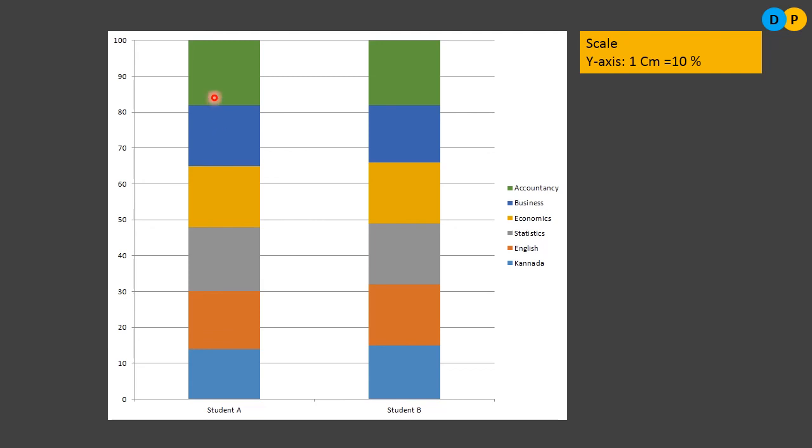Followed by 82%. Next is 100, no need to divide. So the entire length of the rectangular bar is 100%, but each component will have a different percentage. The same thing we have done with student B as well. Here you need to go with an index, where each shading, each pattern will indicate a specific segment or component. So this is how you come up with the percentage bar diagram.